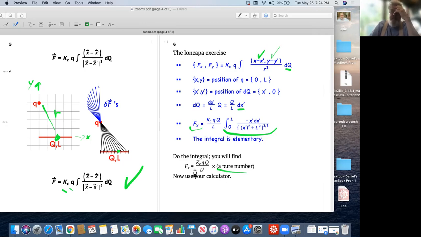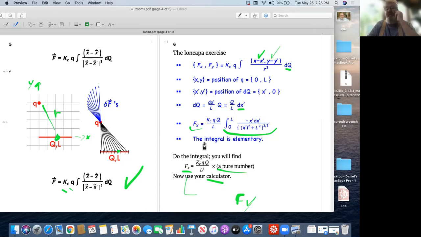There's one last step, and that's to use your calculator. It will require you to put in a digital number, a decimal number, so you have to multiply these various quantities together. You can just do that with a calculator, or you could write a little computer program to do it if you're good at programming. Probably the easiest is just to use a calculator. That's fx. I have to do the same thing for fy. So there will be 2 answers to this problem.